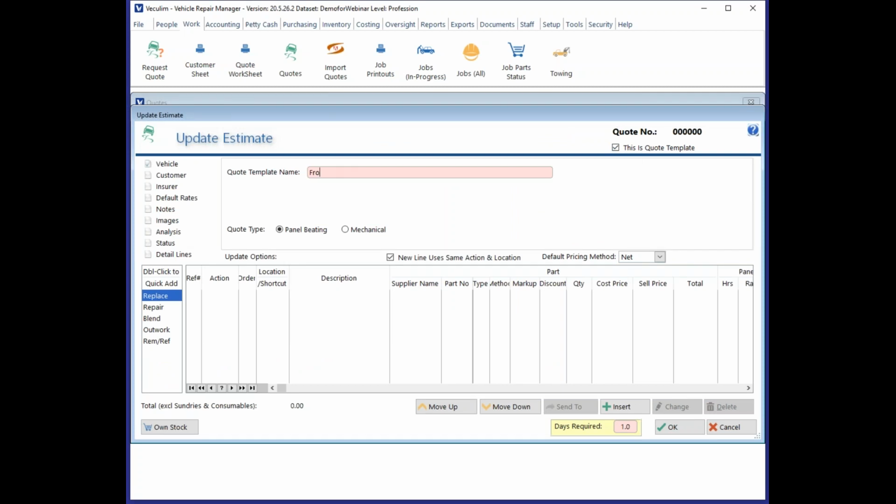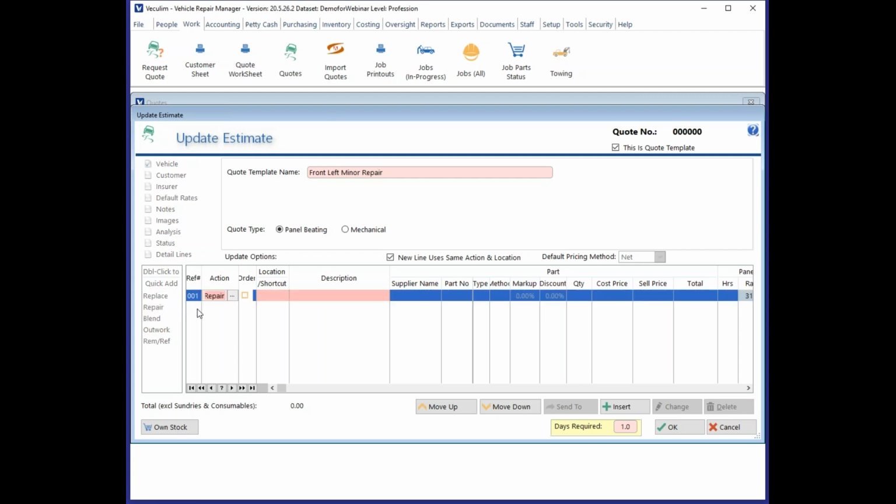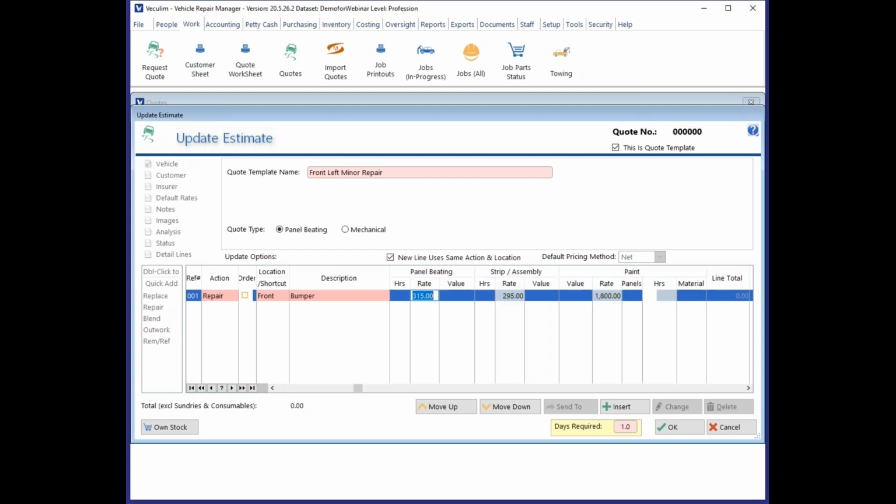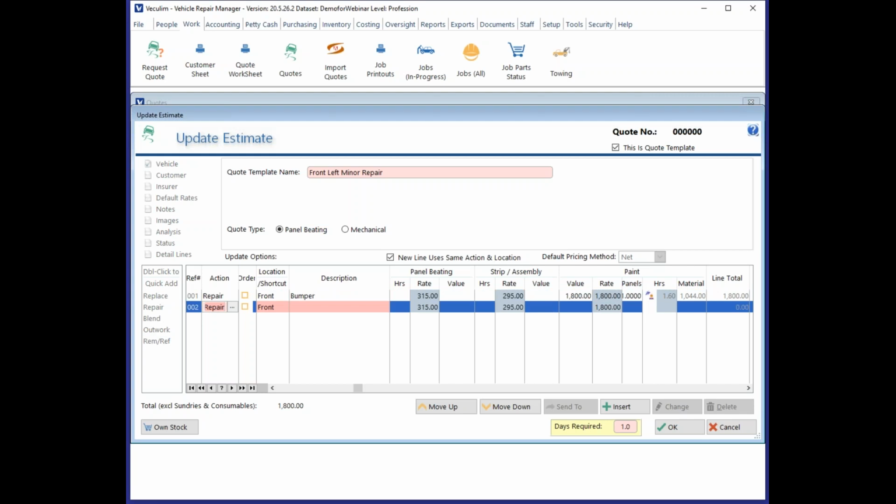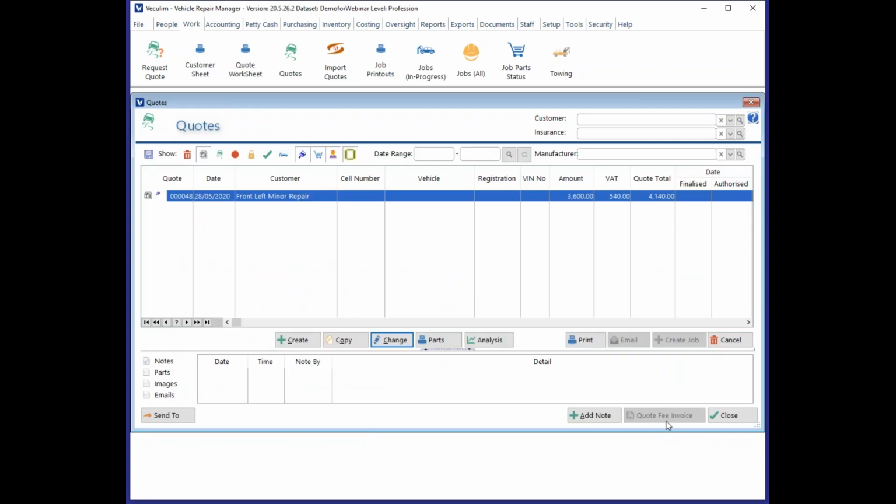I'm going to call this the front left minor repair, and I'm going to add a couple of bits and pieces that I would generally use. So front bumper, 1800. And then I'm going to call this my left front fender, and I'm also going to charge 1800 for that. Okay, so now that I can save that,